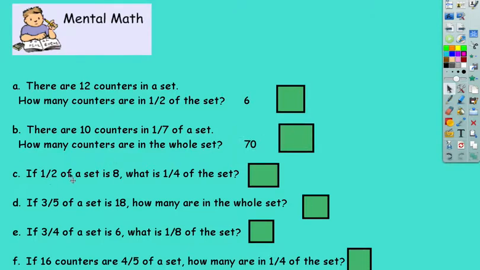If a half of a set is 8, a fourth of the set is 4. If 3/5 of a set is 18, how much is the whole set? The easiest way to think about this is if we had 1/5. First, figuring it out that way. This is 3/5. So 1/5 would be equal to,